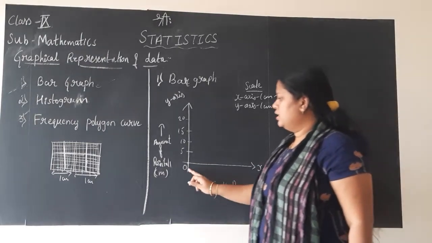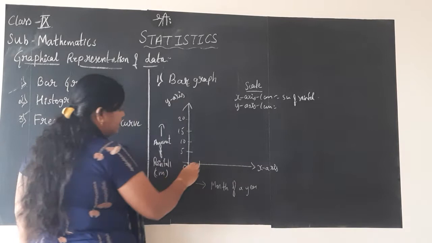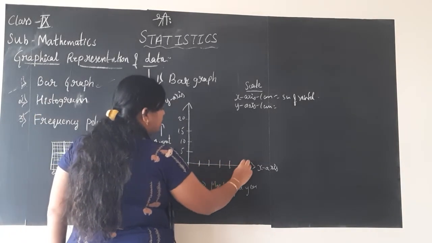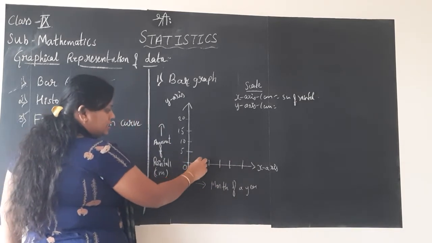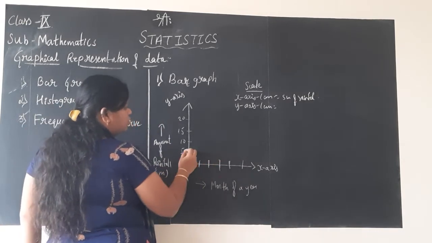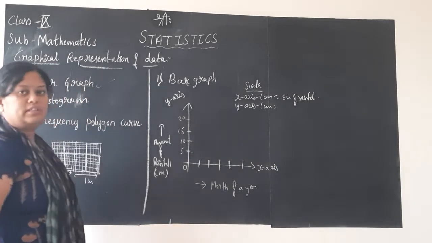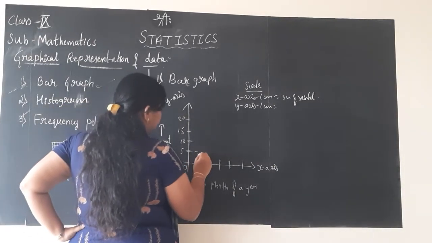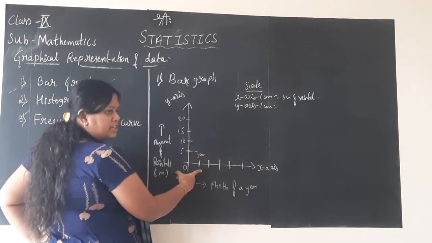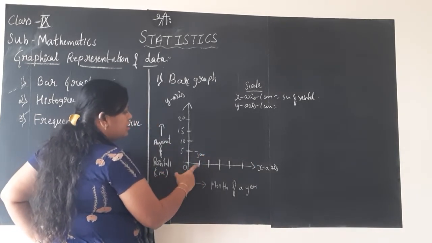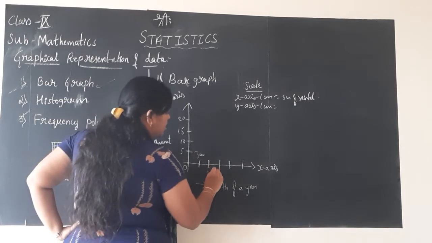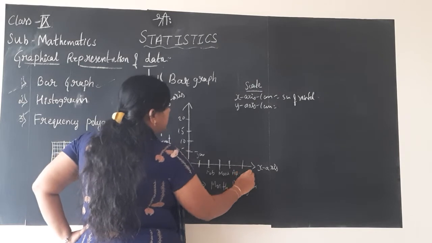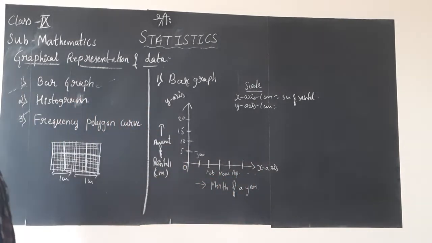Similarly, on the x-axis, I will mark each 1 centimeter. For every 1 centimeter, you should draw lines like this, children, both on x and y axis. Hope you know all this. Now, after 0, the first 1 centimeter width, I will mention as the first month, January, February, March, April, like this it will go on.